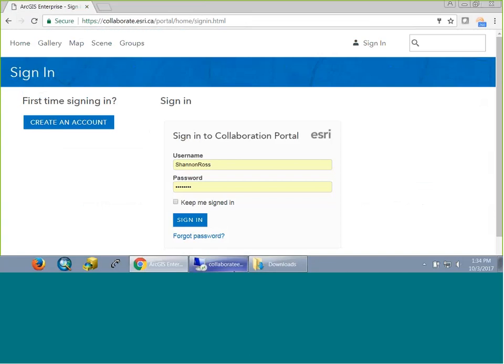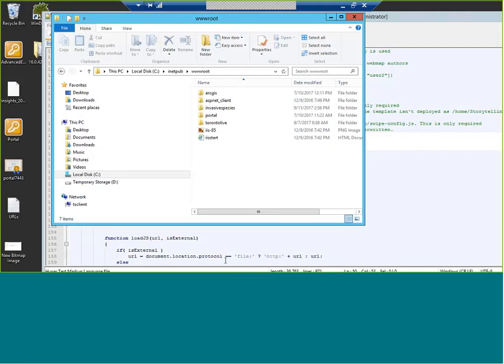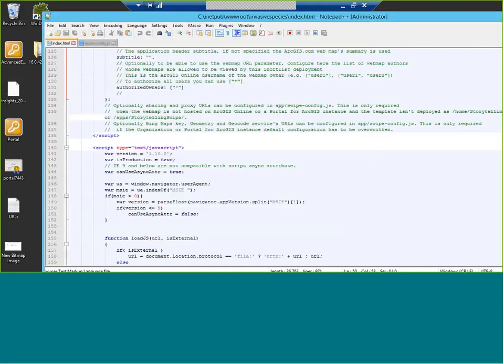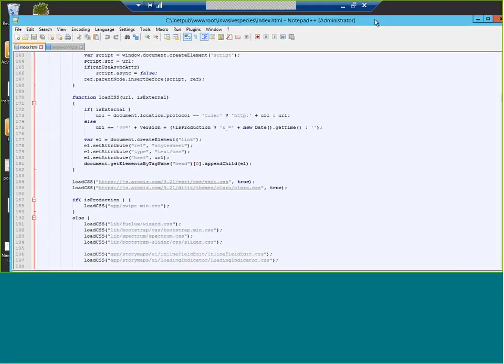Once you do get it, you can put it onto your server. I do recommend reading through the READMEs of how to set up each template because they are quite different, and you could just set it up onto your server. For this demonstration, I'm going to be showing you how to put it onto Portal as well. So I did unpack my zip folder right into my root, and it gave me everything that I need. And there's only a couple more things that I need to do to customize this to launch into my app. In the index, it asks me